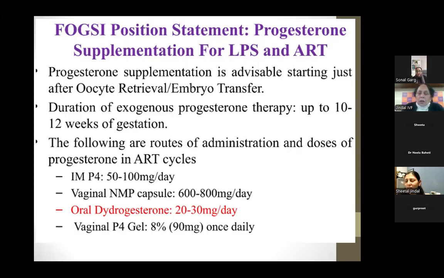For frozen cycles, I think for NRI patients, the combination of vaginal plus oral dydrogesterone is a very good combination, and they do fairly well on this combination. Because injection administration is a problem for them during travel and when they go back. And plus, I feel that in a lot of cases of endometriosis, frozen cycles are done for a lot of reasons. So it depends.